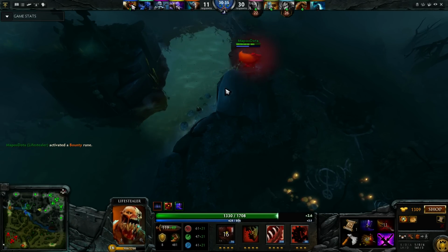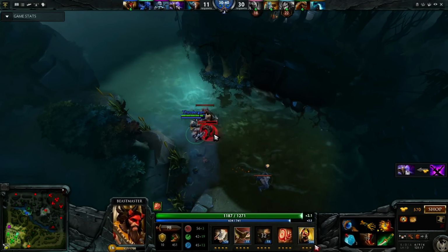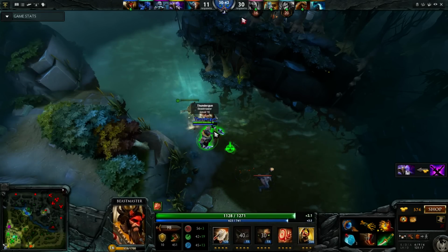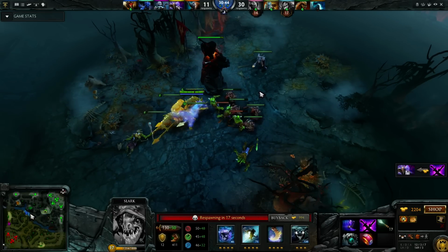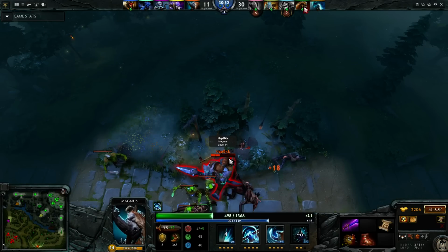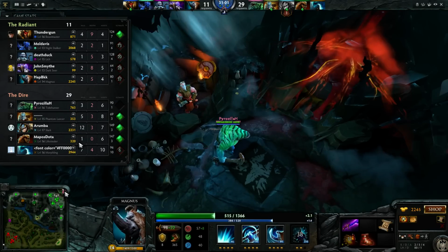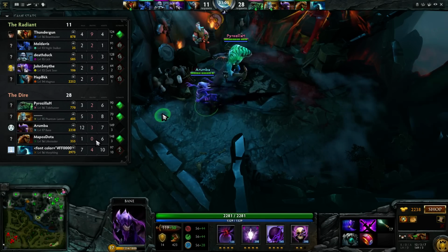I am not sure why he didn't just ult him. He could have ulted him through that rage. Ultimate always pierces magic immunity. All right, let's see what we get next. So, we got a Phantom Lancer on our team. Night Stalker's still around. He still hasn't died. This is not really the best way to play, though. Like, if you're gonna never die...